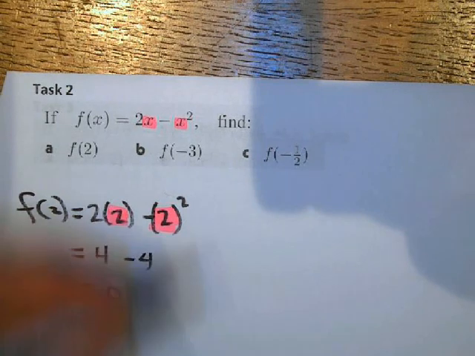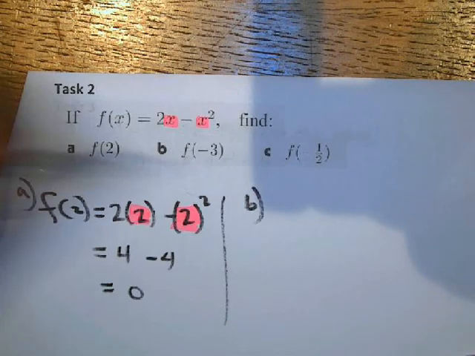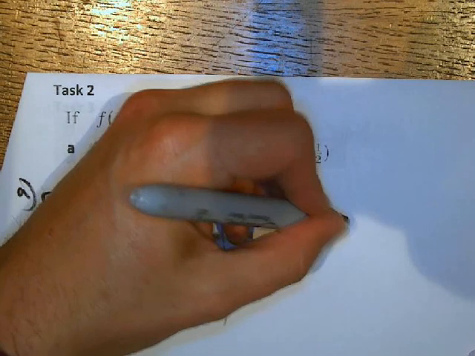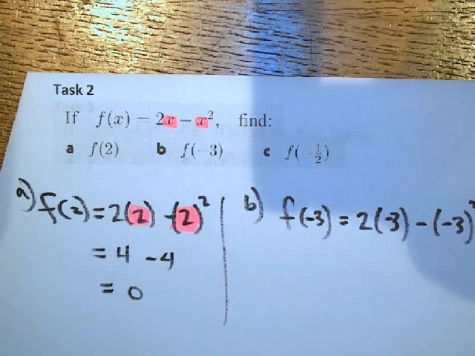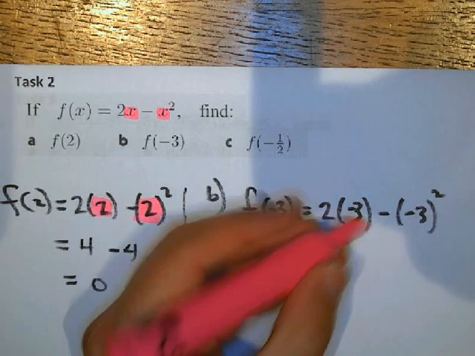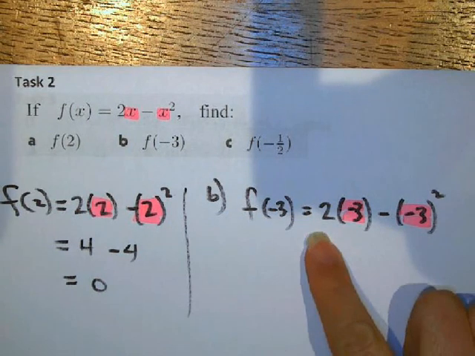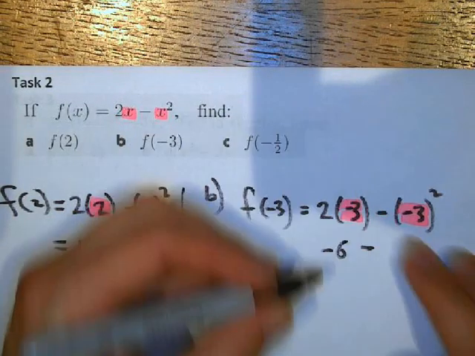Okay. For b, we have f of negative 3, which is equal to 2 times negative 3 minus negative 3 squared. Okay, there were a lot of people who had trouble with this one because they made some sign mistakes. So here I've got 2 times negative 3, which is negative 6. Everybody got that right. And then I have this minus. And then negative 3 squared,